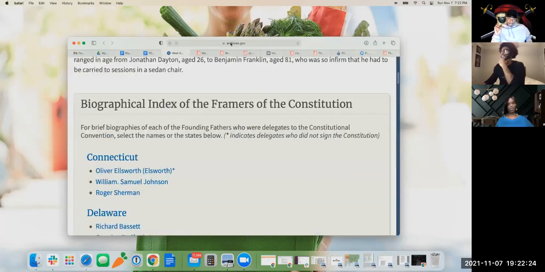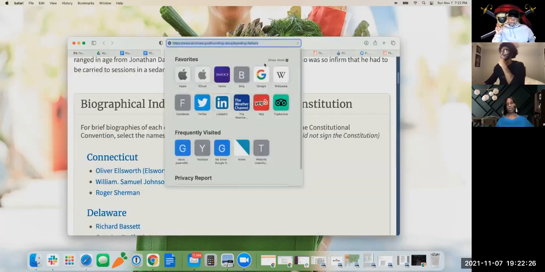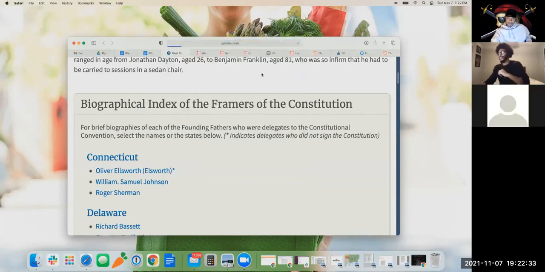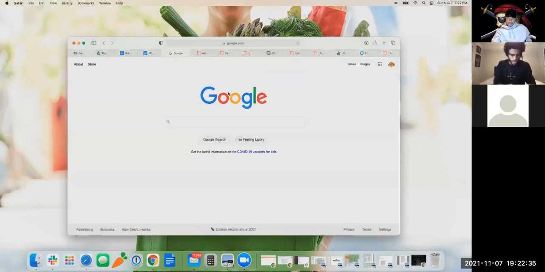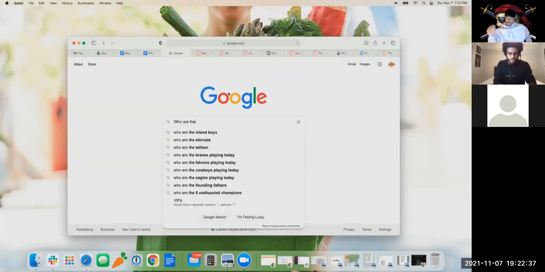We always hear the 3/5 of a man. That's who they were classifying us to be. So how can you say this is our Constitution? I just want to go here and just say who are